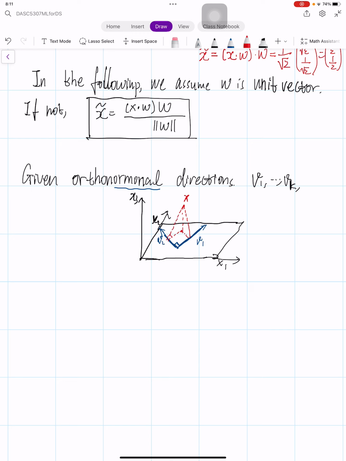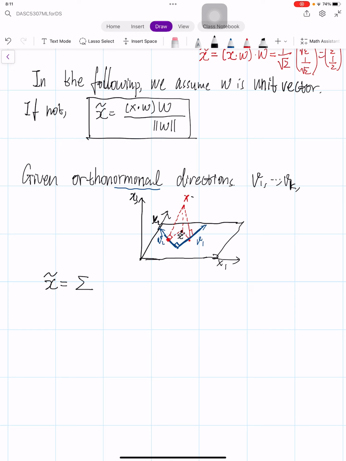This is perpendicular to this one. This is perpendicular to this one. Okay, so in other words, what's the coordinates here and what's the coordinates in the V1, V2? So the answer is given by here. So the projection x tilde lives on the V1, V2 space. X tilde will equal to